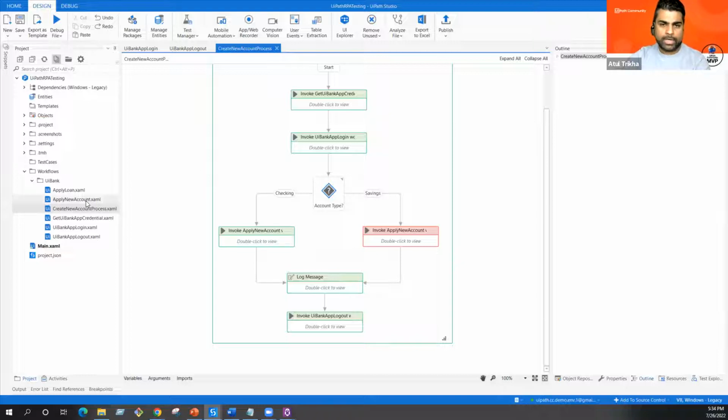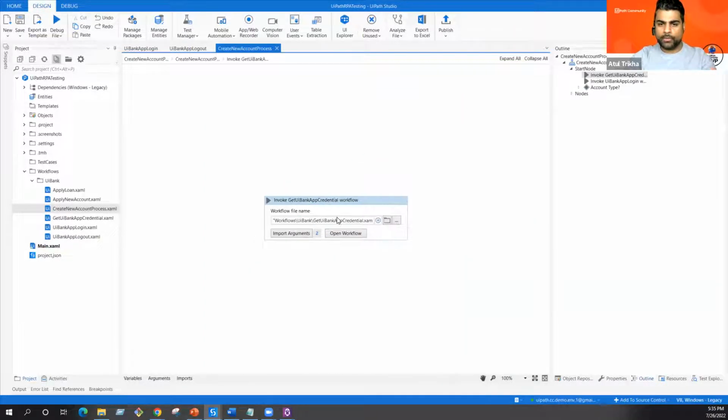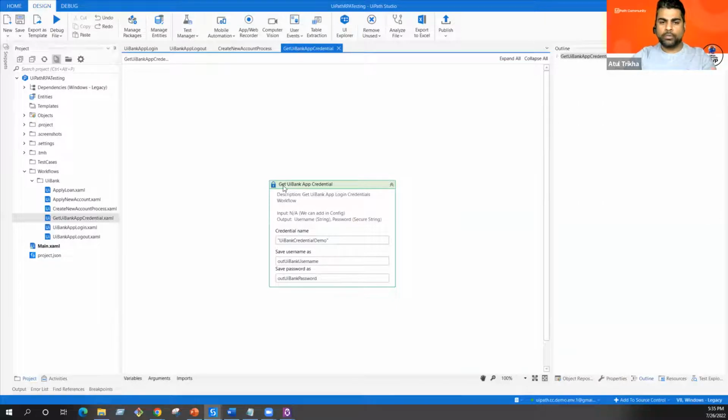So that's what I did. I'm invoking a smaller workflow in my automation here. What this process is doing is creating a new account. So let's go through this process. Firstly, it is invoking a process called Get UI Bank App Credentials. This automation is simply using the existing UiPath activity to get the credentials, and where